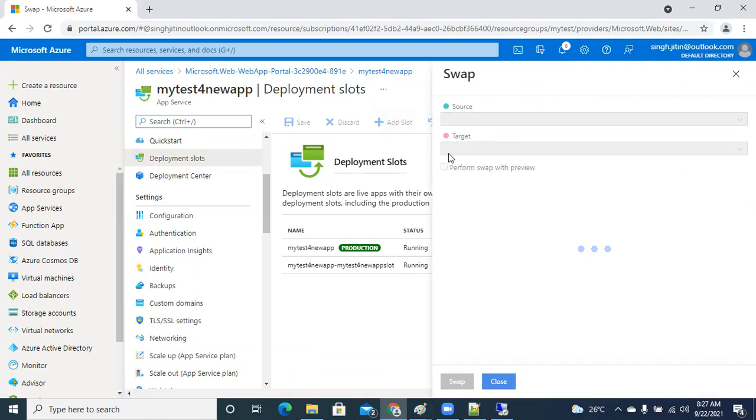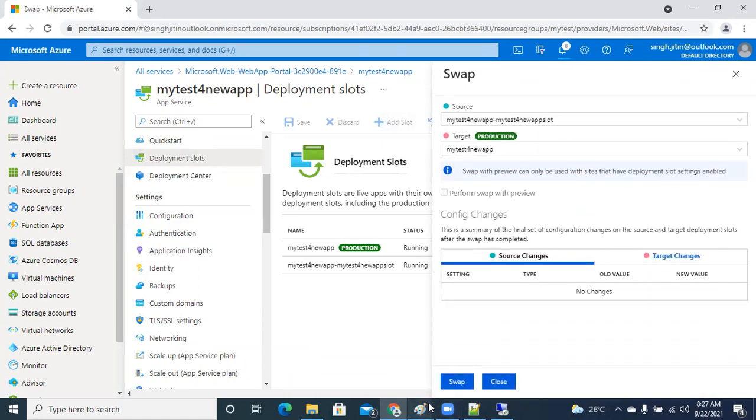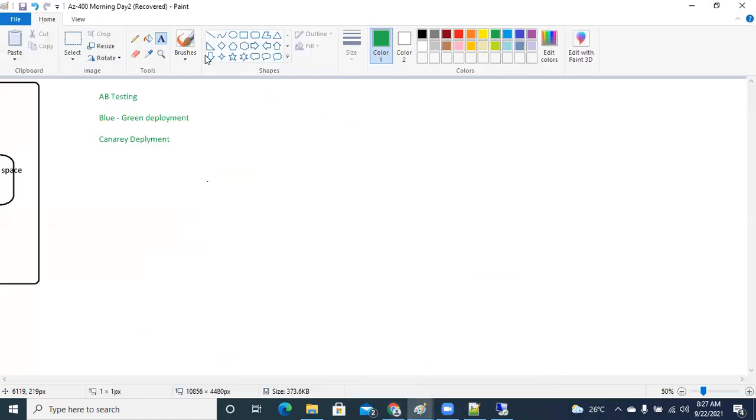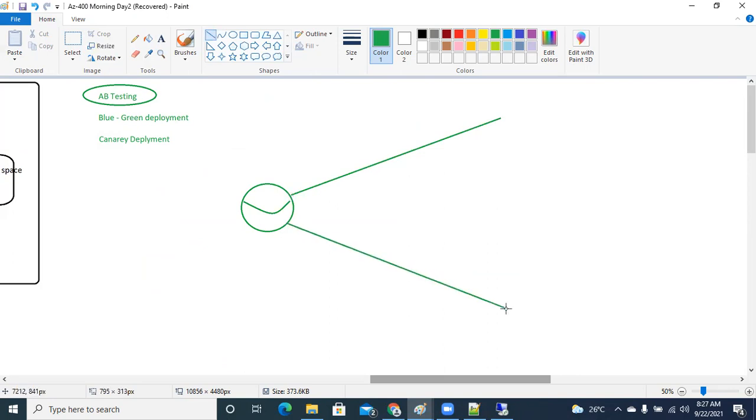Now, these kinds of changes, guys, are what we call A/B testing. The terminology that we use over here is A/B testing whenever we will be changing this kind of slot. Now, blue-green deployment will come into the picture when you will be using a traffic manager. Your traffic manager is capable of routing the traffic cross region. In order to do that, guys, we need to spend some time because the traffic manager has various different routing methodologies. So we're going to talk about blue-green deployment in some time.